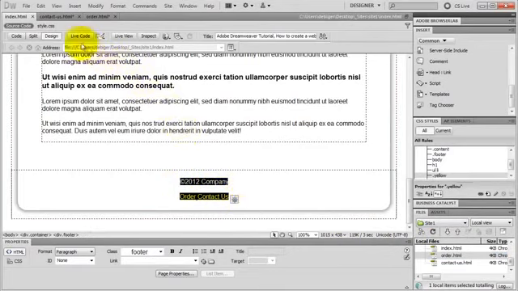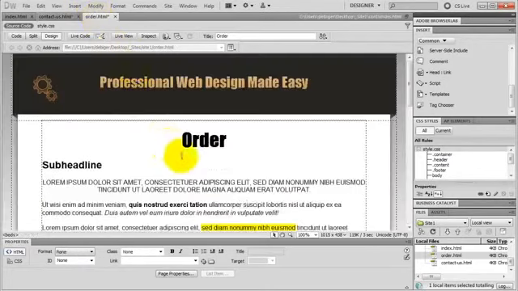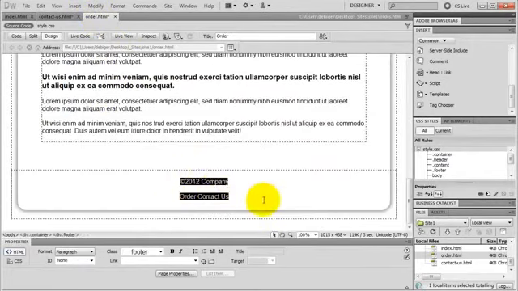Okay, I copy the content inside of my footer, and I'm gonna update my other two pages. I go to my contact page and paste it in. I just pressed Ctrl V, go to my order page and update it as well. Okay, I go back to my home page,